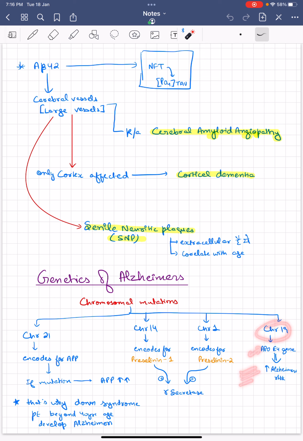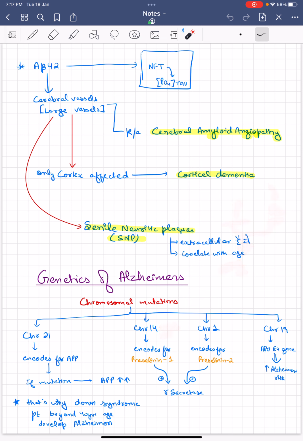Alright, let's revise this again. Genetics of Alzheimer's disease, chromosomal mutations: chromosome number 21, chromosome number 14, chromosome number 1, chromosome number 19. Chromosome number 21 relates to Down syndrome. Chromosome number 14, which shows the most common mutation out of all of these, encodes for Presenilin 1, and chromosome number 1 encodes for Presenilin 2. Both of them somehow lead to